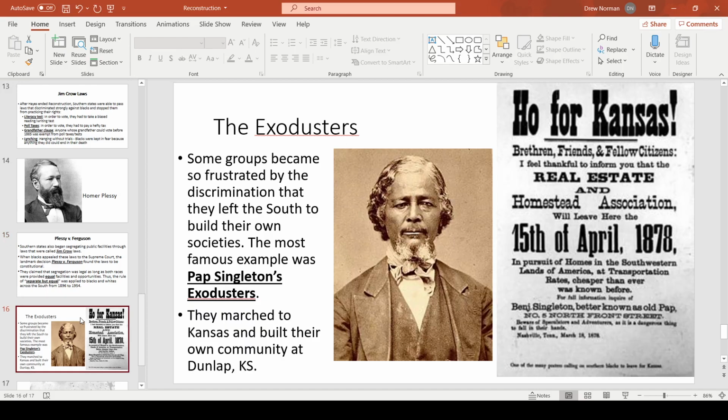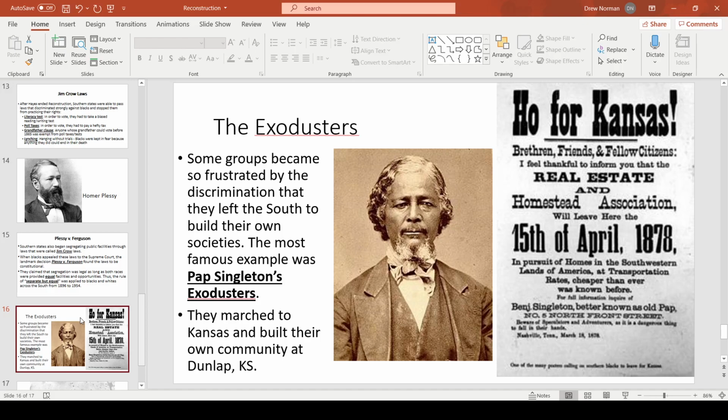And so that brings us to our last slide, which is some African Americans said, you know what, it is just not worth it to live in the South. And so many of them decided to move to other areas. Now, not in urban areas, not areas like New York City or Detroit. Rather, a lot of them moved to try to become farmers. After all, that was the skill that many of them had developed, and they knew they were good at it.